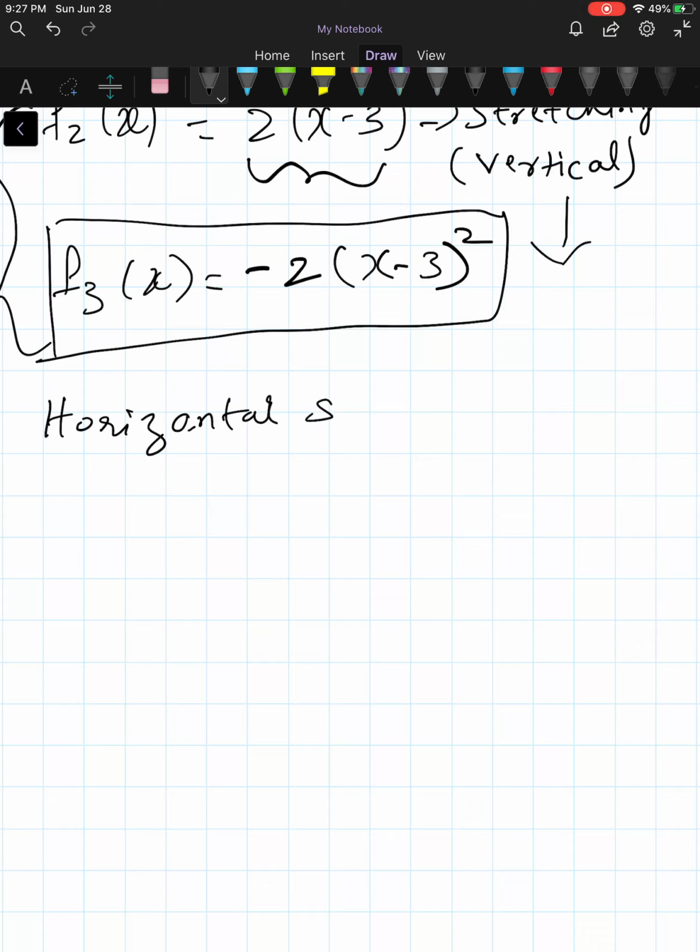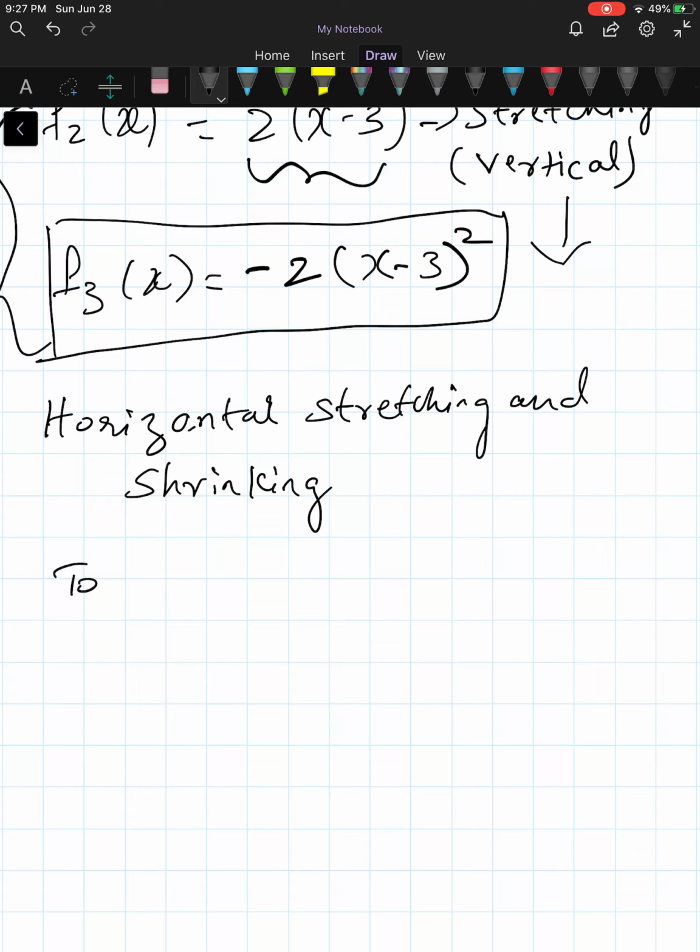Horizontal stretching and shrinking. So whatever we did for the functional values in vertical stretching and shrinking, we will do the same for input values, but in the opposite sense. So to graph y is equal to f of cx,